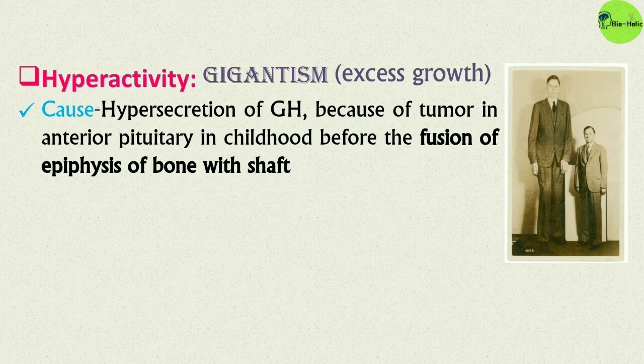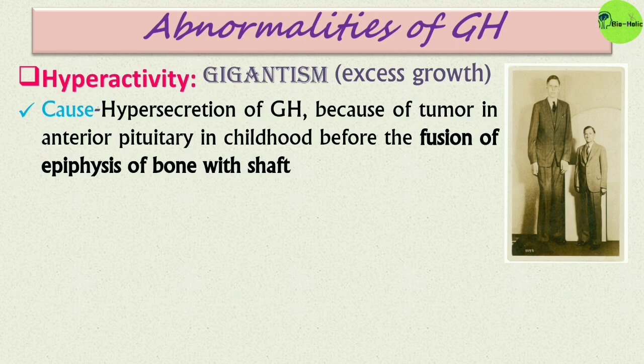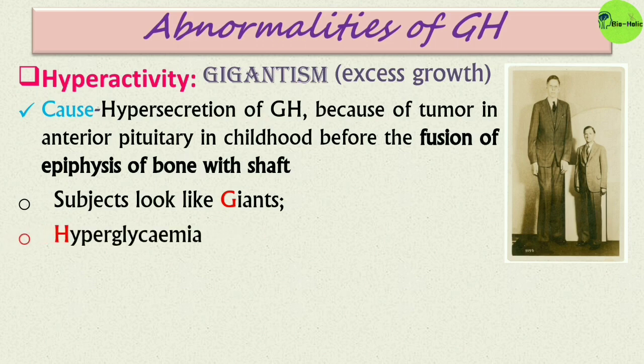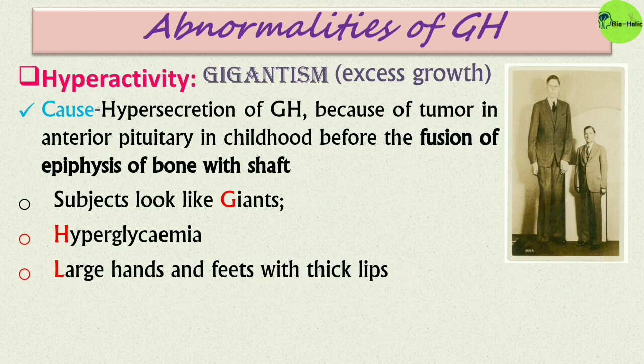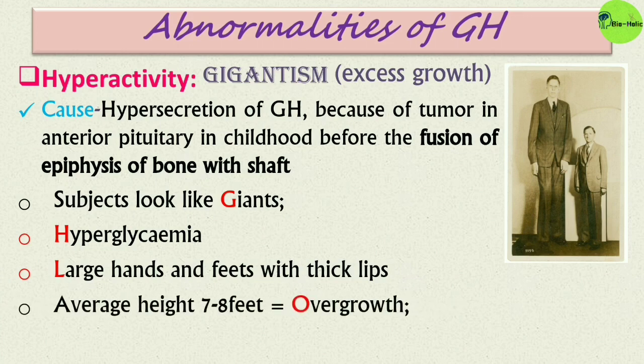Now, what happens when the secretion of growth hormone has abnormalities? The hyperactivity of growth hormone may lead to gigantism or excess growth. Cause of the gigantism is the hypersecretion of growth hormone because of tumor in anterior pituitary in childhood before the fusion of epiphysis of bone with shaft. The clinical features of gigantism include subjects look like giants, they have hyperglycemia, large hand and feet with thick lips. Average height is about 7 to 8 feet, which means he or she has overgrowth, and also there is loss